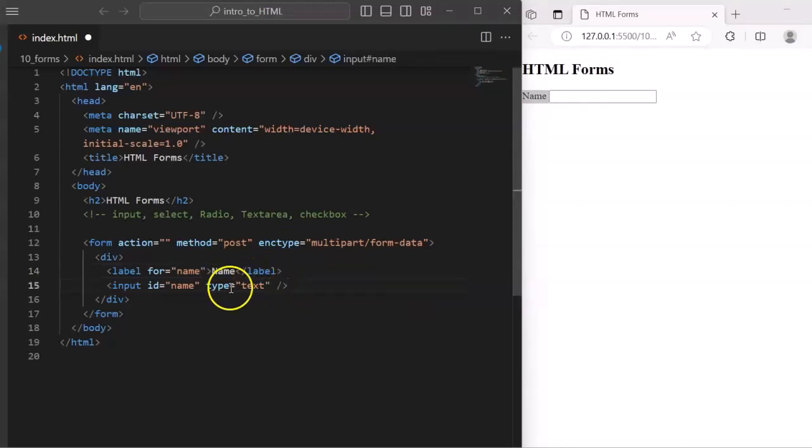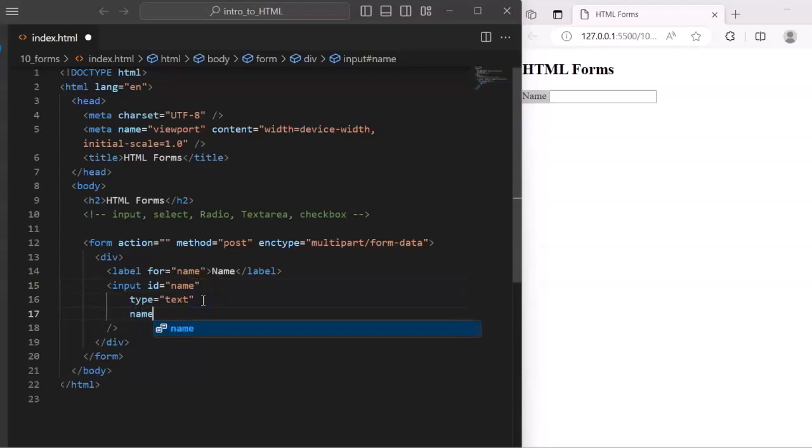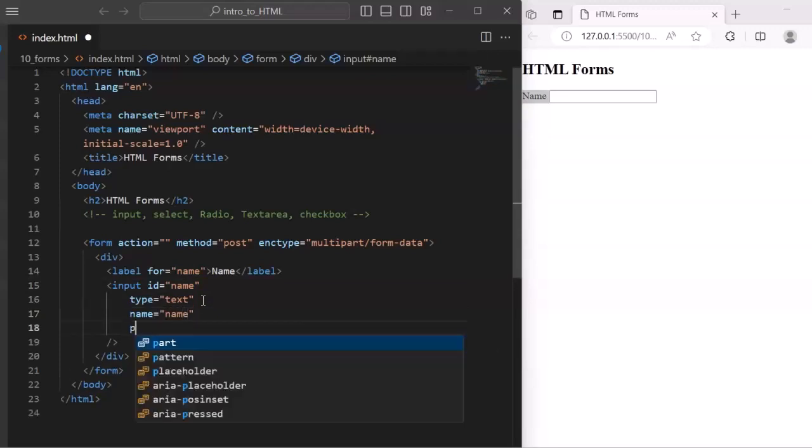Now you also have other properties you can specify for this, and that is the name. This name is always used when you post it to the server. So the name should be name, and you can also specify another property called placeholder. This placeholder is what the users see as text on the input field before they start entering any value. So the placeholder can be maybe